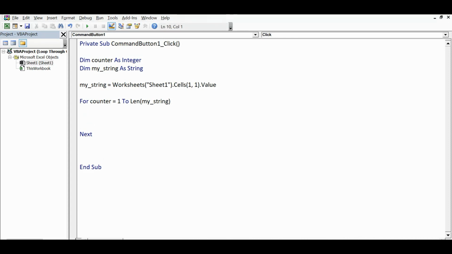But what I'll do, I want to print each character in column D. So for that, worksheets, Sheet1, dot cells. Here I need to declare row and column. So what I'm doing, every time counter is increasing by 1, so counter, and I want to print in column D, that is 4. Dot value